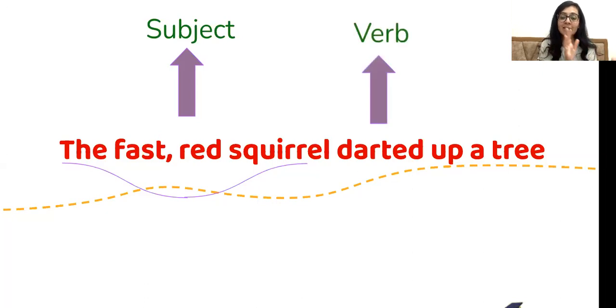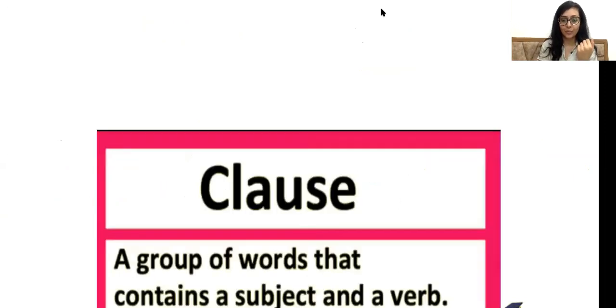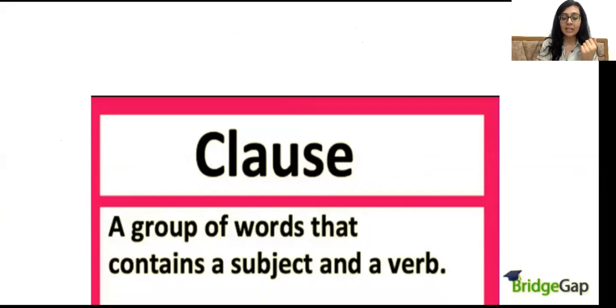So when it has a subject and a verb, it can be said as a clause. You know, sometimes clauses are simple as a simple sentence as well, but then it varies depending upon the types that we are going to learn in the further slides now. So what is a clause exactly? It's a group of words that contains a subject and a verb, in simple language. Okay. Next,